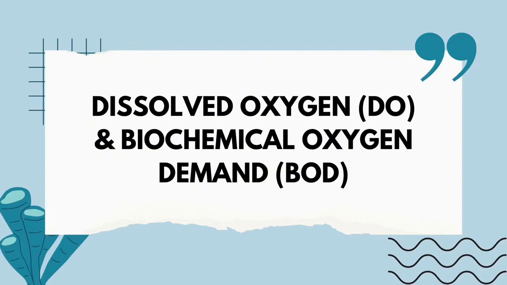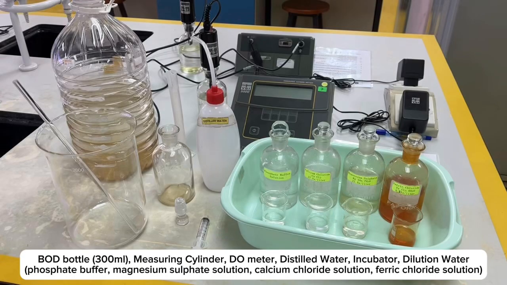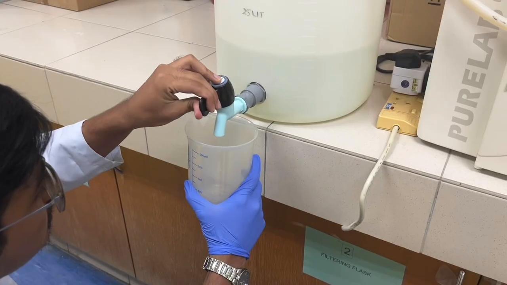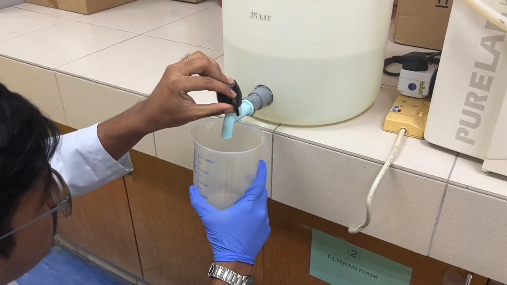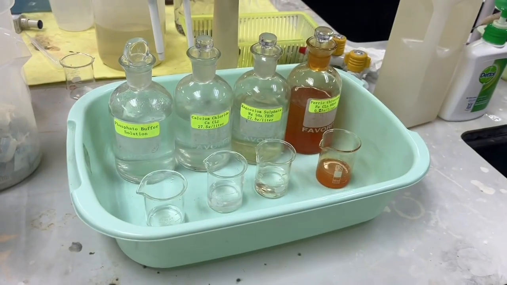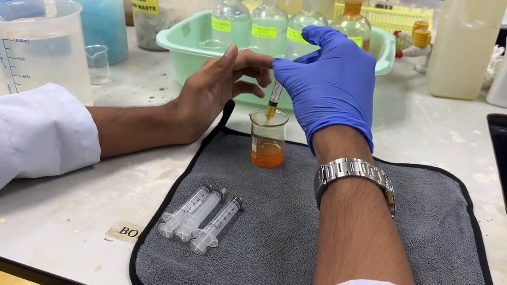Next is the BOD test. The apparatus needed are BOD bottle of 300 ml, measuring cylinder, DO meter, distilled water, incubator at 20 degrees Celsius, dilution water that contains phosphate buffer, magnesium sulfate solution, calcium chloride solution, and also ferric chloride solution. Firstly, we need to prepare a dilution water, where it is a combination of distilled water or deionized water